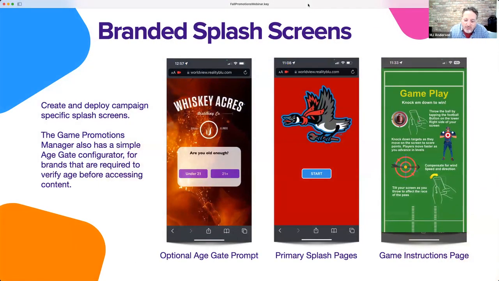It all starts out with the ability, from the first time that the consumer or the fan sees an interaction with you, to completely brand all the startup screens before the game plays. This is inherently just a feature of the way that our software works. You can have as many different customized branded screens that the fan sees to set the expectation to get them to play.